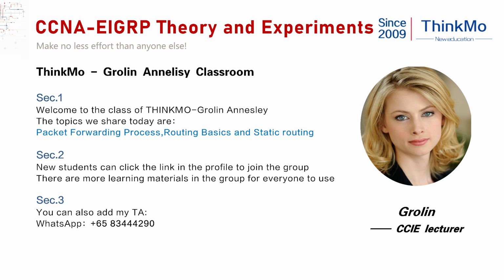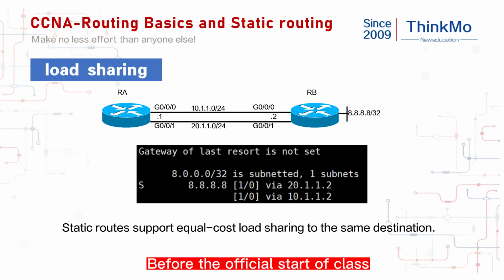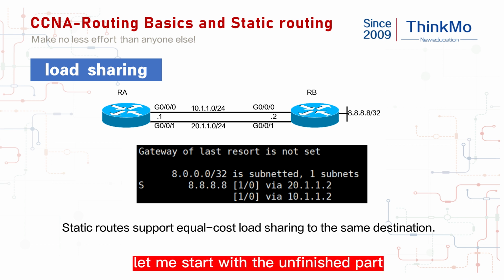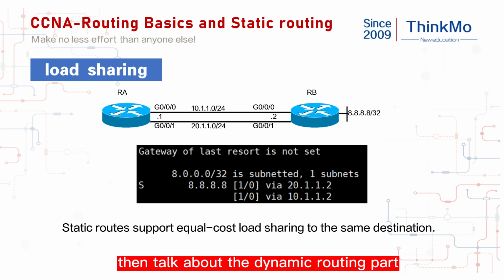5834444290. Today's topic is dynamic routing, EIGRP theory and experiments. Before the official start of class, let me start with the unfinished part of the last lesson about static routing. Then we will talk about the dynamic routing part and the first dynamic routing protocol, which is also a routing protocol proprietary to Cisco,